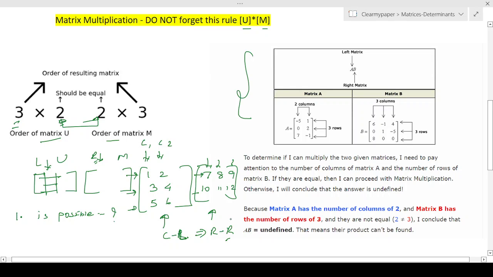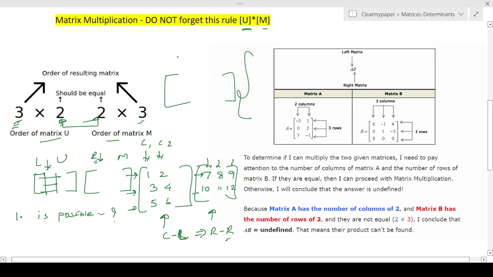I'm not going to go through that, you can read, it's very self-explanatory. And the order of the matrix, once you multiply whatever is the net result of this U and M, whatever is the order of the matrix, what will be the final number of rows and columns in that matrix, that will be determined and derived by the remaining two numbers on the two matrices. In this case, the number of rows and the number of columns here, right? So the final matrix will have,